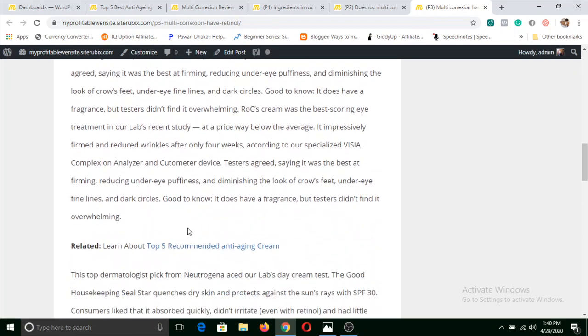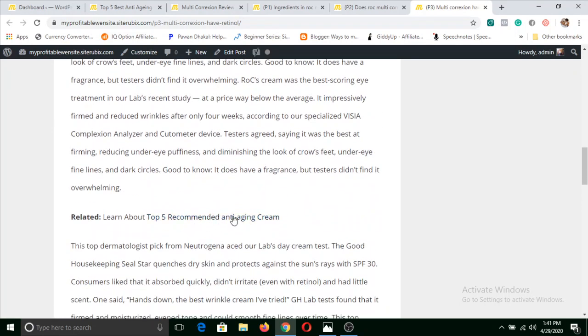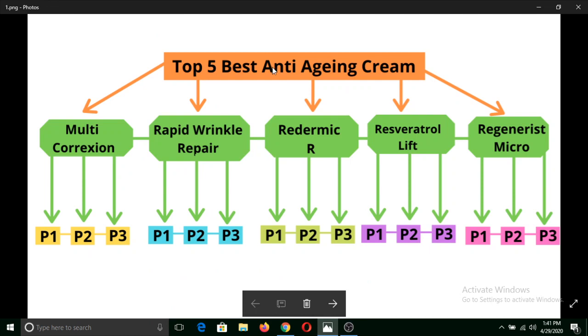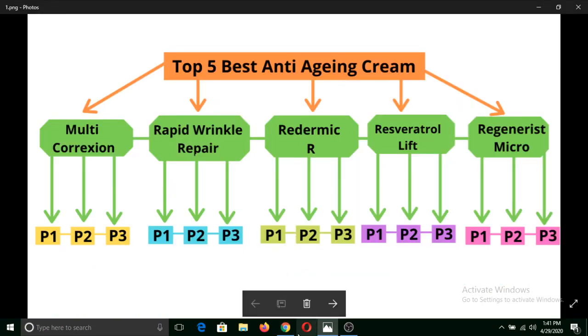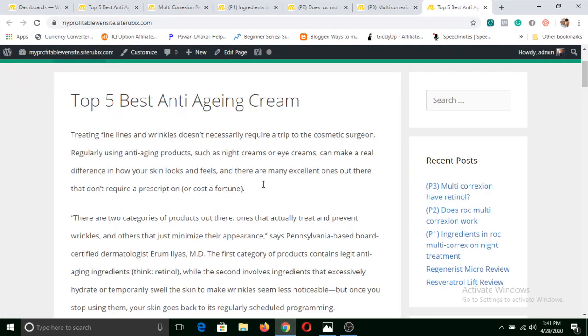So here in P3 I have given a link that would go to this top 5 product review. So you can click on here and it would go again to top 5 anti-aging cream. So I have made this already, and I will make you understand more clearly here. I have showed you already here.